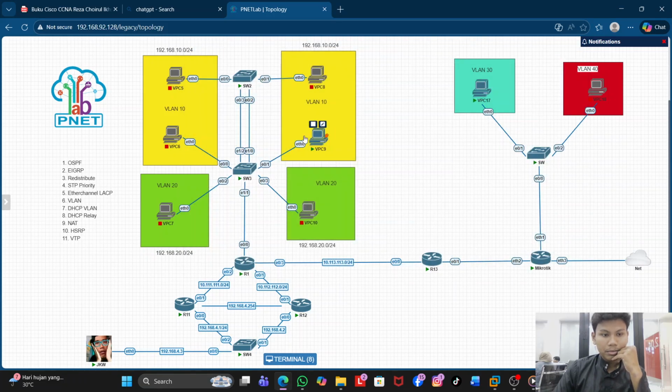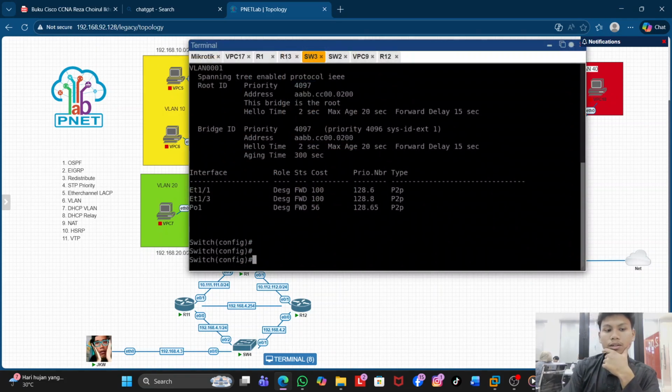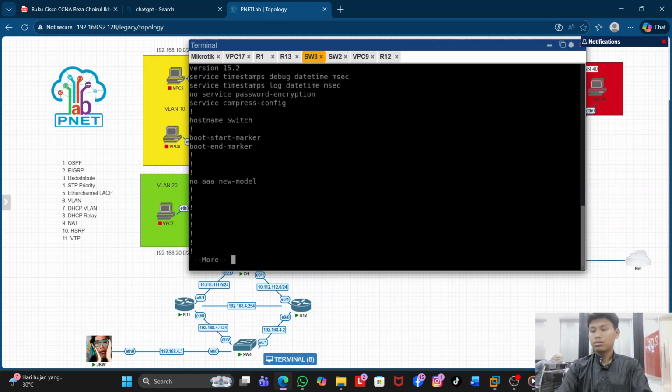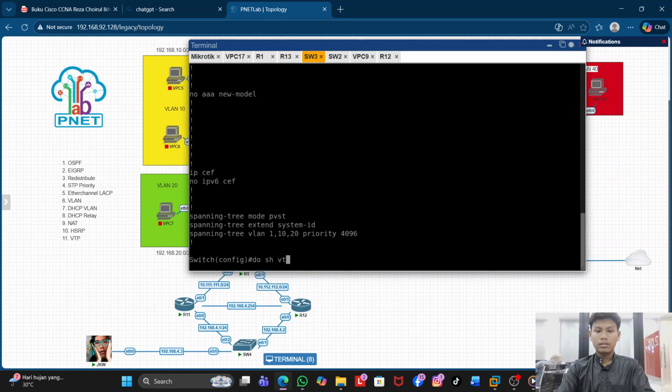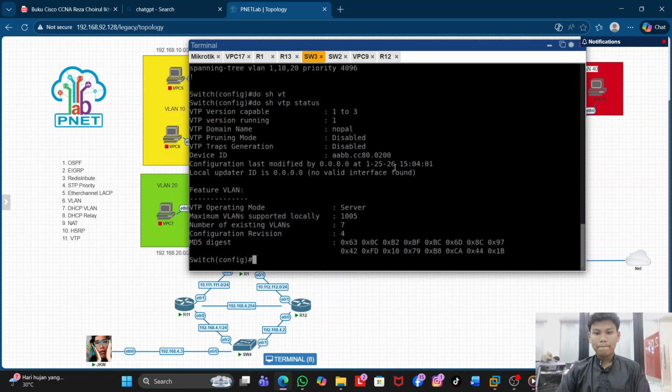And the last one is VTP, VLAN Trunking Protocol. I configured VTP on SW2 and switch 3. Show VTP status.